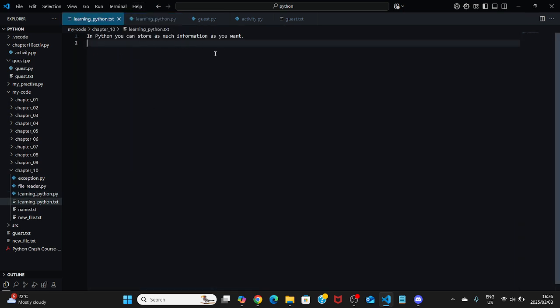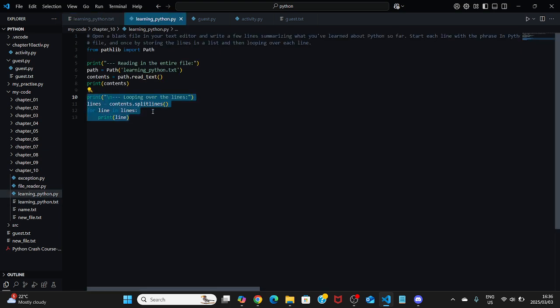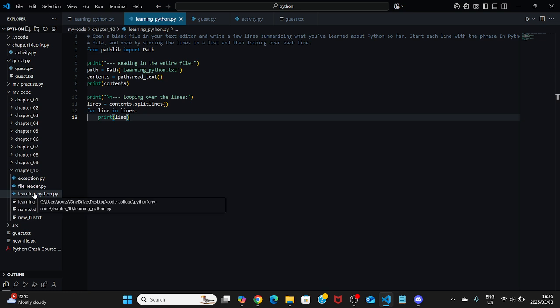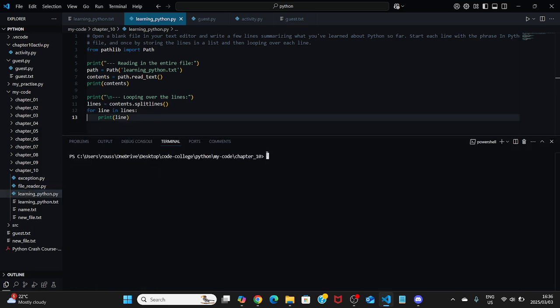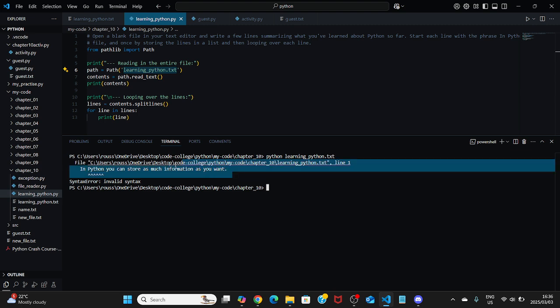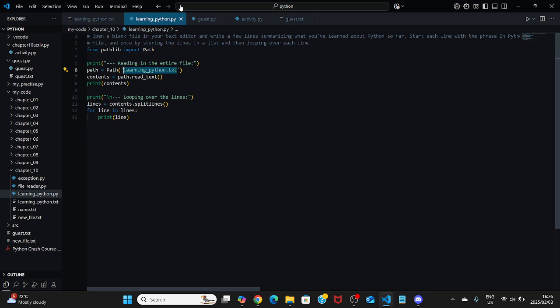In Python you can store as much information as you want. So when I run this, it needs to import itself into the terminal, so let me just do that. In Python you can store as much information as you want. Okay,